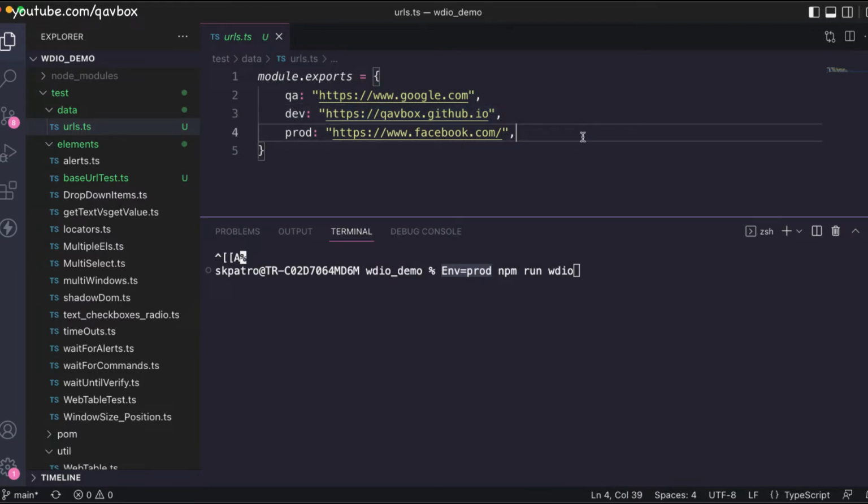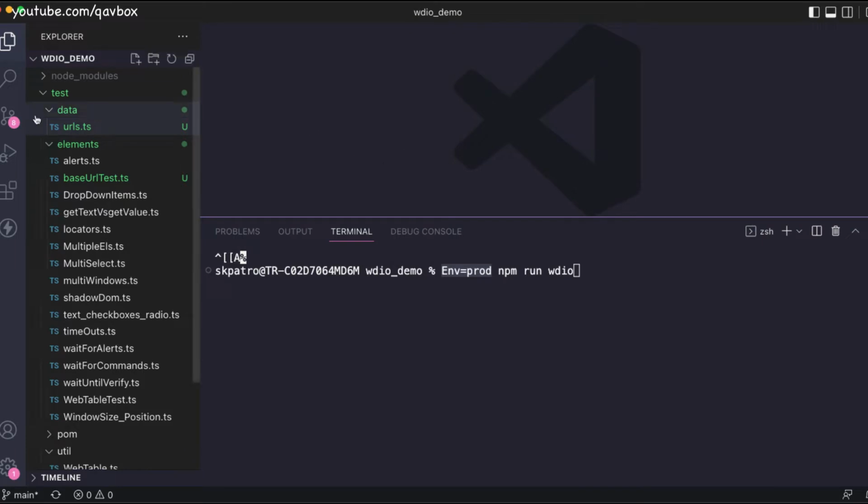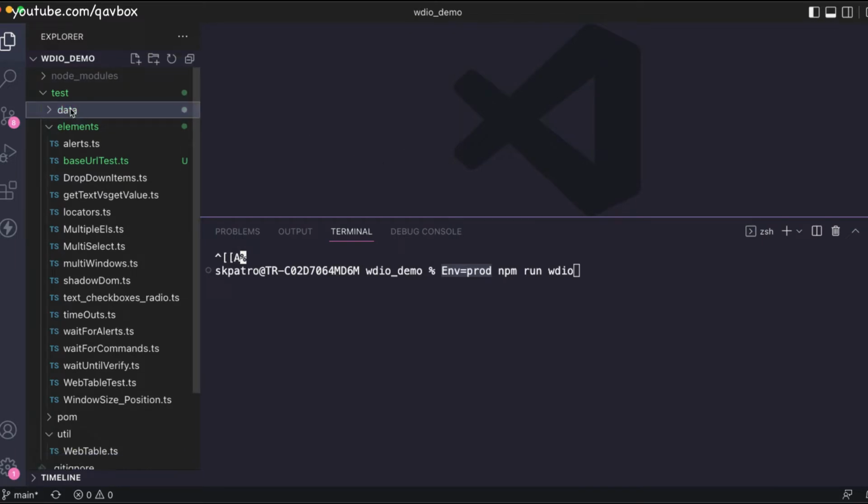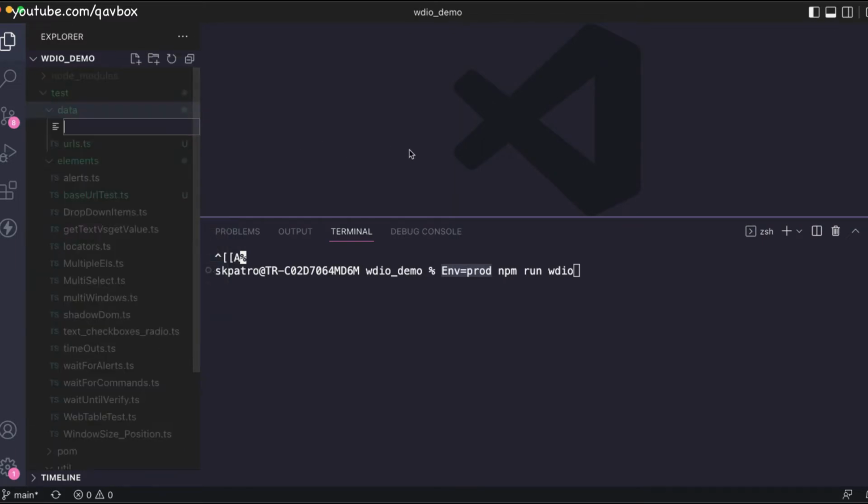Because we are doing an extension, I won't be using a TS file to maintain these things. Rather, let's see another approach where we can use a JSON file. We know there are a lot of benefits of JSON: it is lightweight and easy to read, and you can use any kind of language or script to read the data. So why not leverage that? For this I will ignore the TS file for now, and let's create a new file and call it